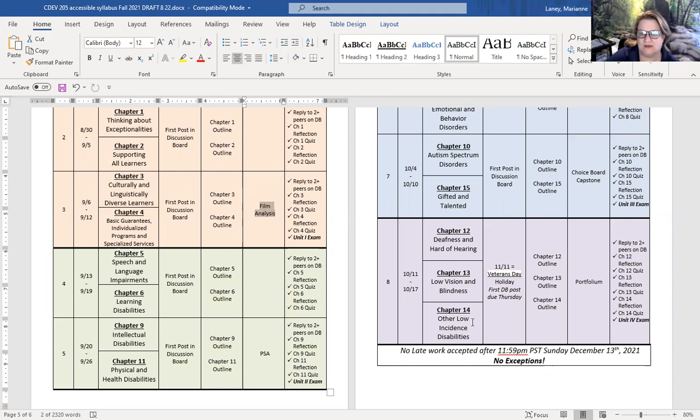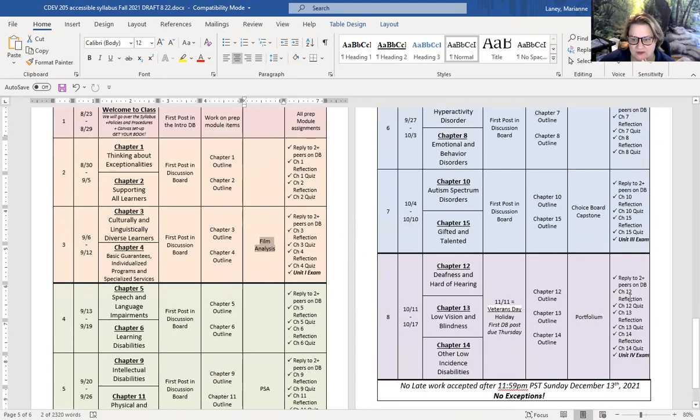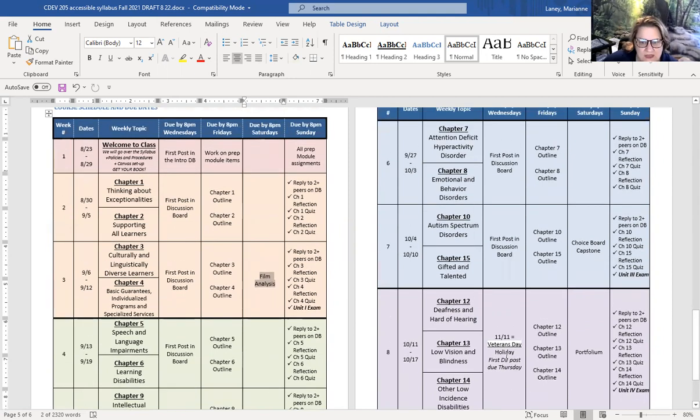And then I did combine again the discussion boards, one per week, not one per chapter. That helps. So every unit should have one discussion board, one every week, and then this one will only have one. Now, in November, we will have a Veterans Day holiday that shows up on a Wednesday. I don't expect anything due on a Wednesday. Anything that would normally be due on a Wednesday will be pushed to Thursday. Don't worry about it.